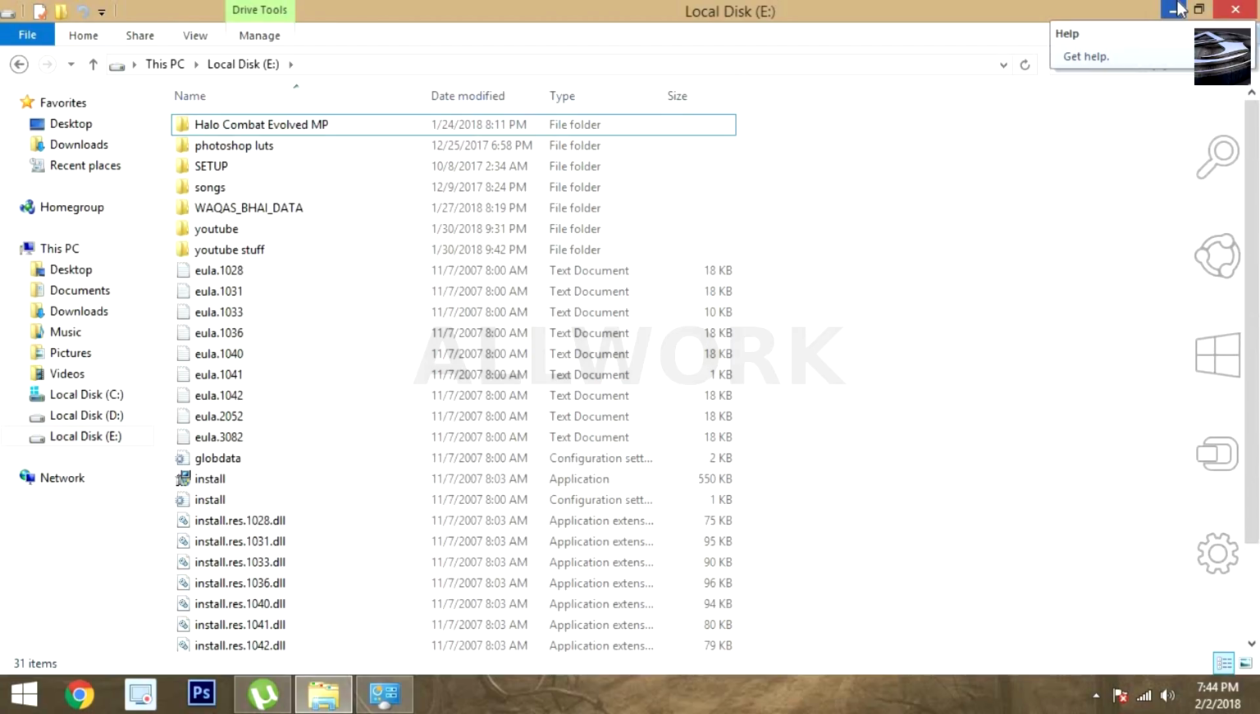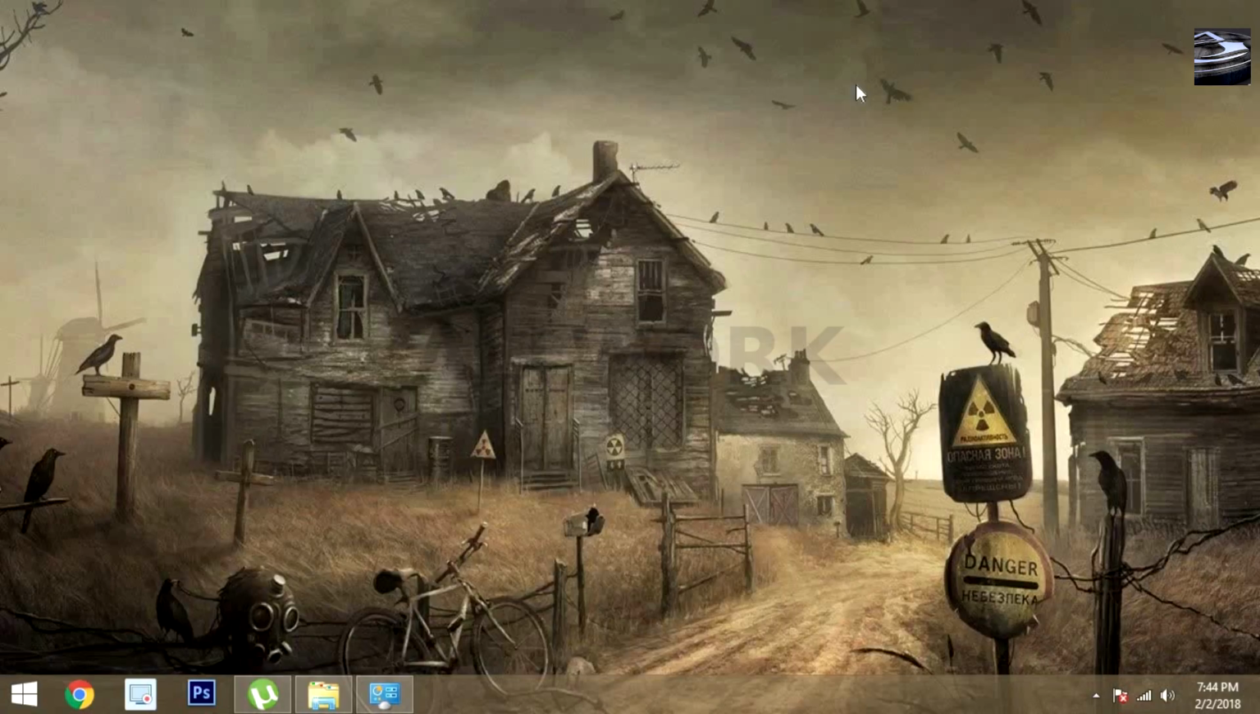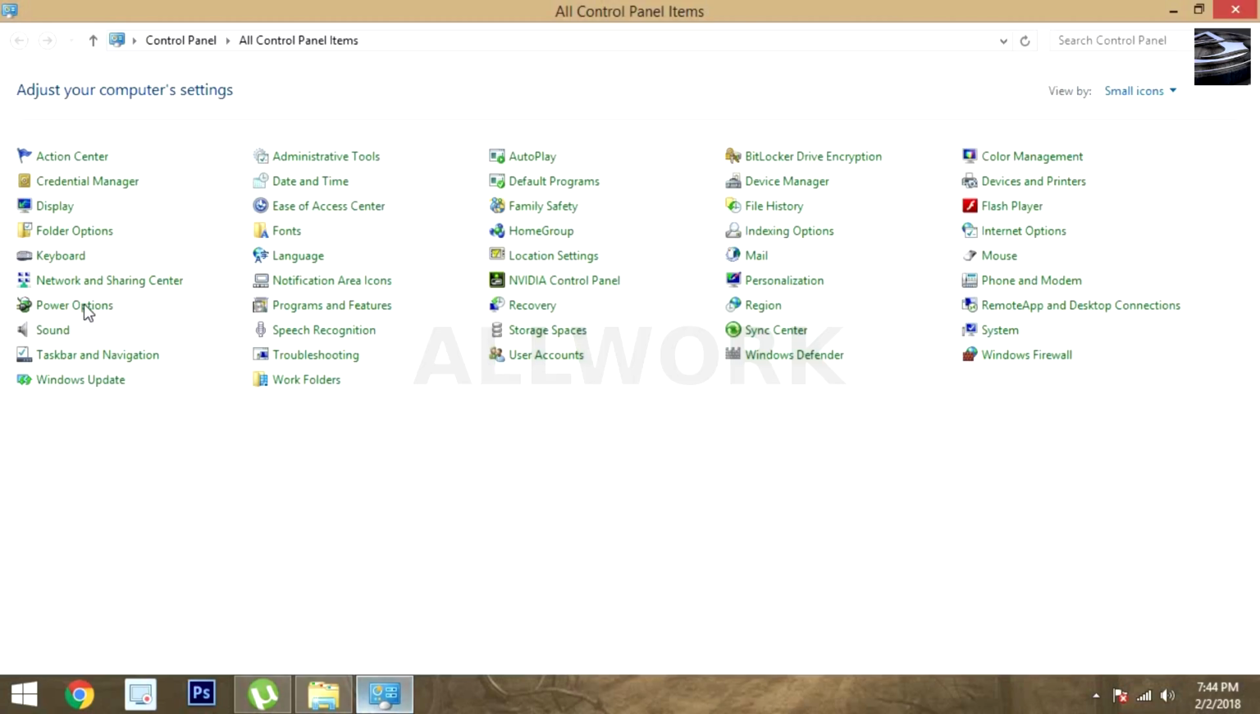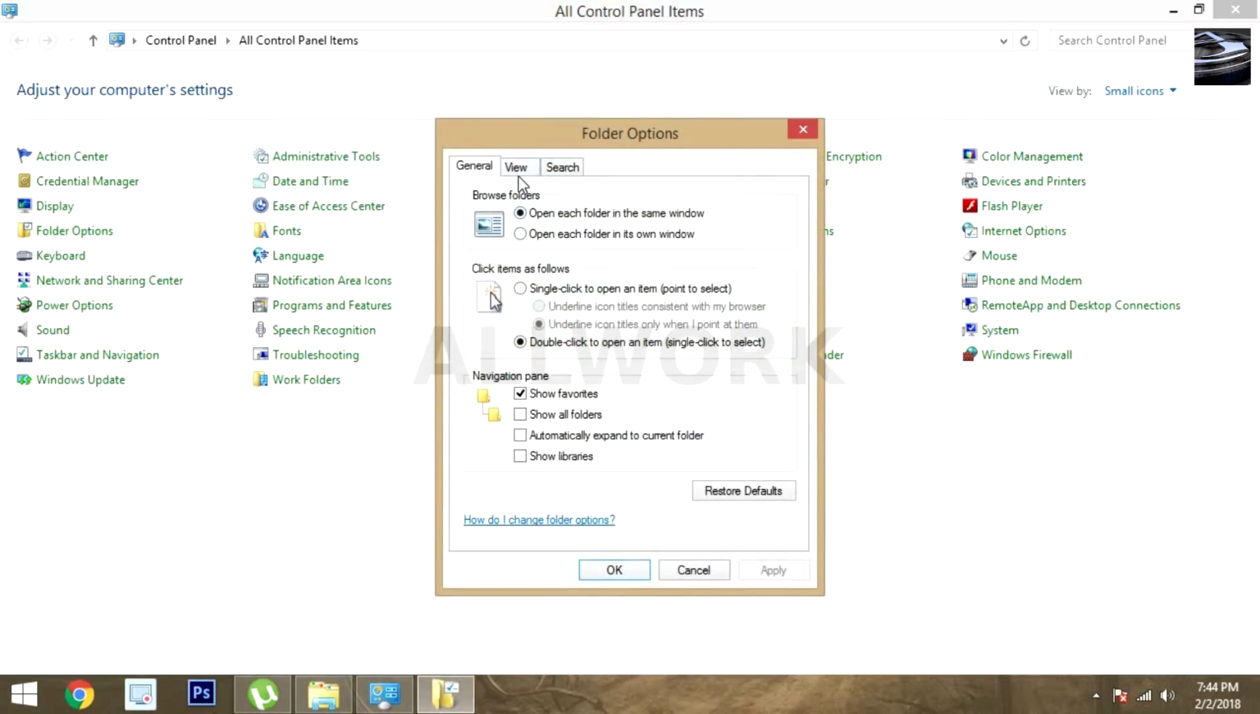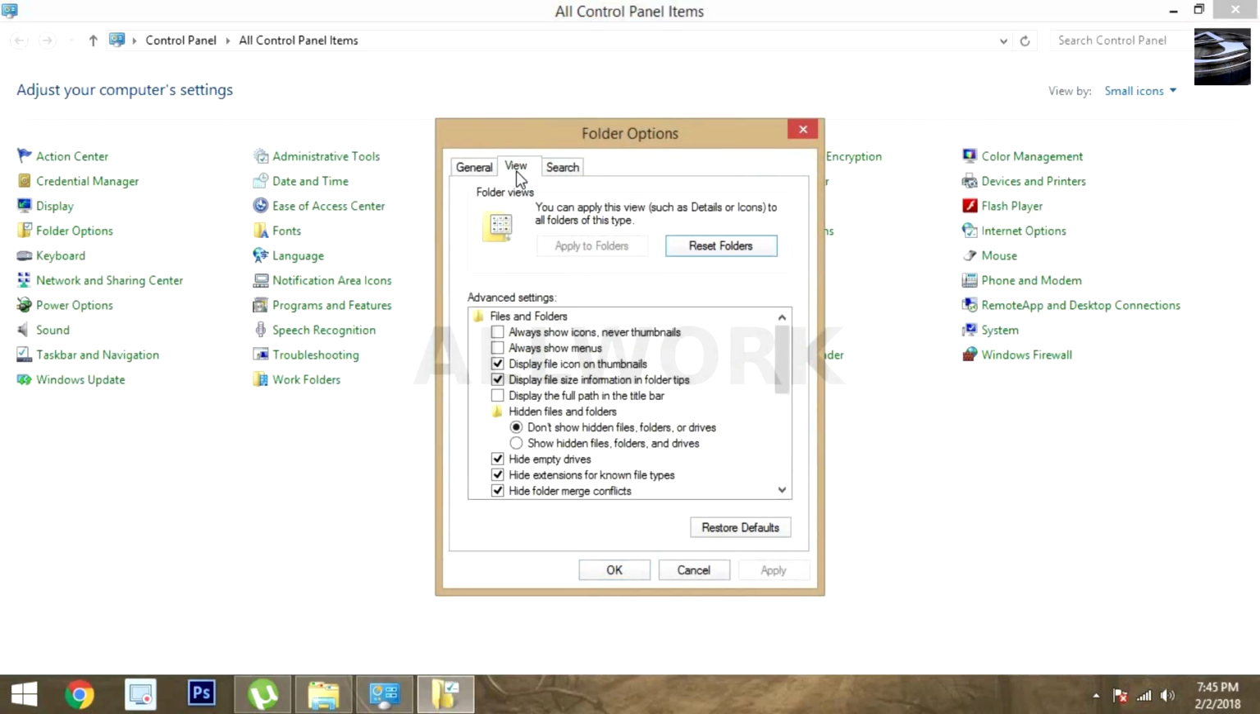And how can we bring it back? So go to the Folder Options and View, show hidden folders, files and drives, apply. Okay,